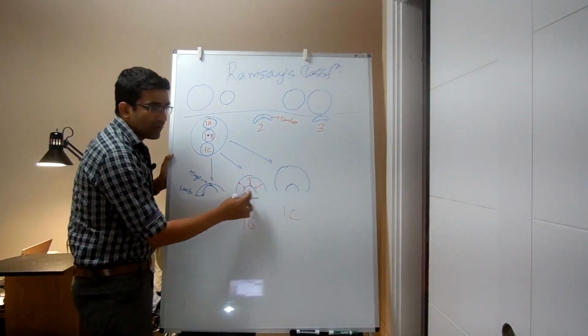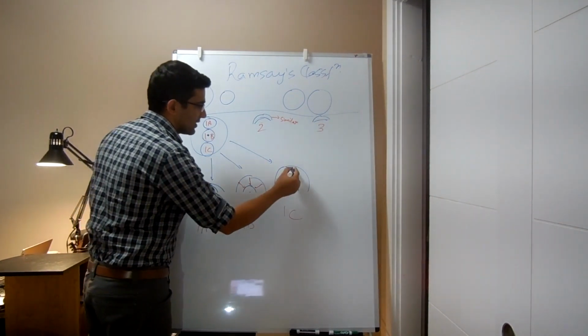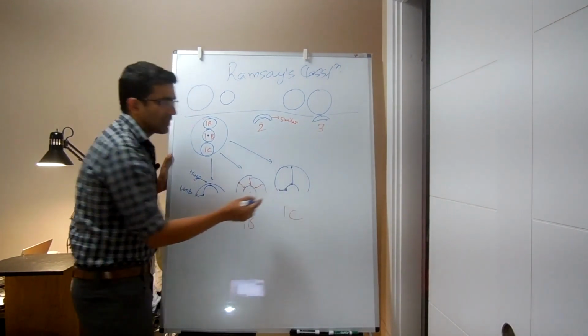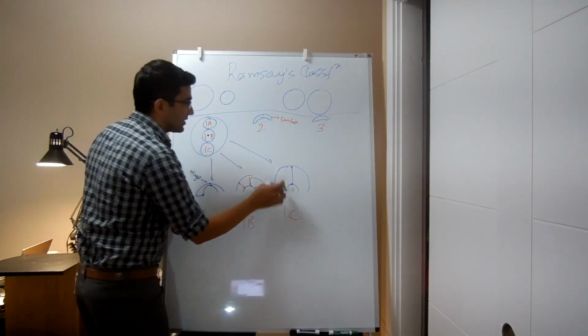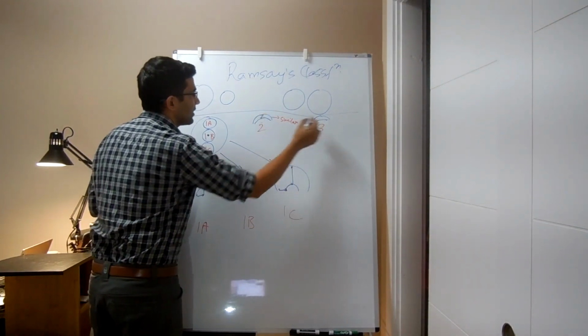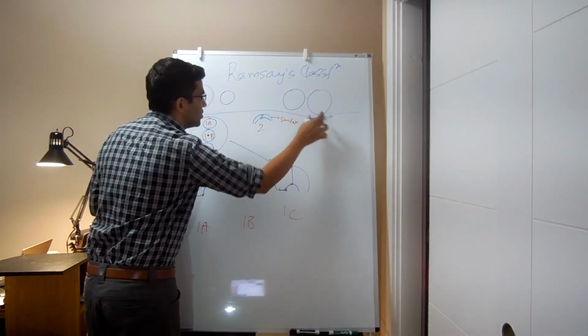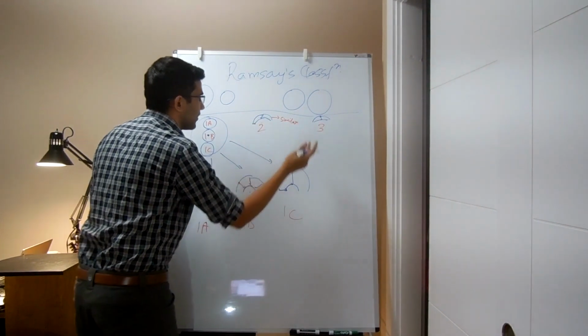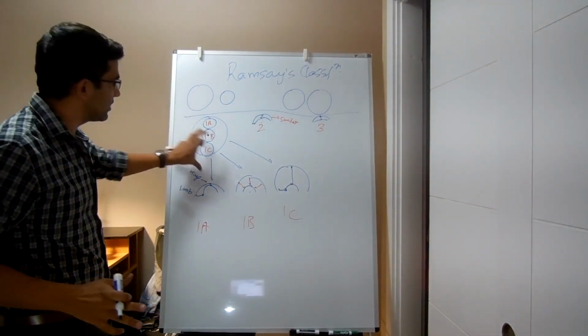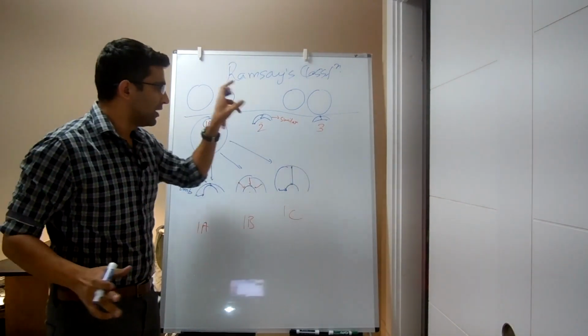If you look at this fold, thickness is the same everywhere, whereas in this kind of fold you see thickness on the hinge is more than the thickness that you see on the limbs. Same is the case for all these folds, 2 and 3. So you have greater thickness on the hinge and a smaller thickness on the limbs. This is how you can remember 1A, 1B, 1C, all inscribed in the same circle, 2 and 3.